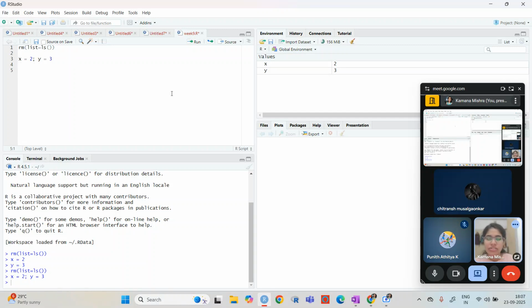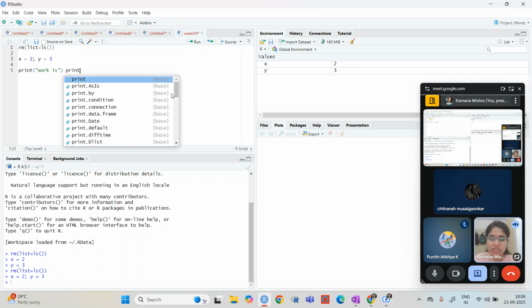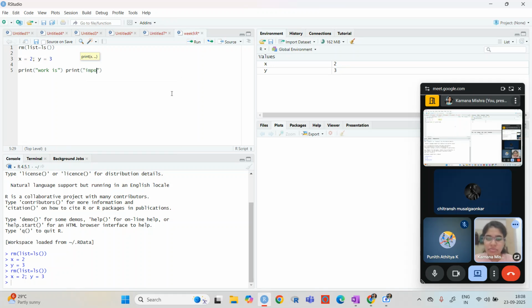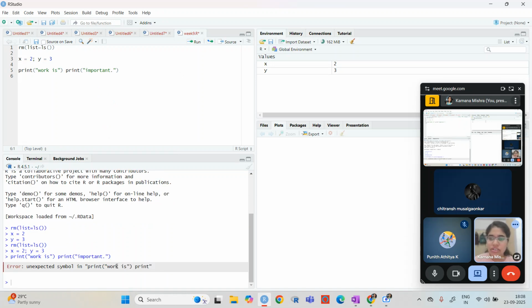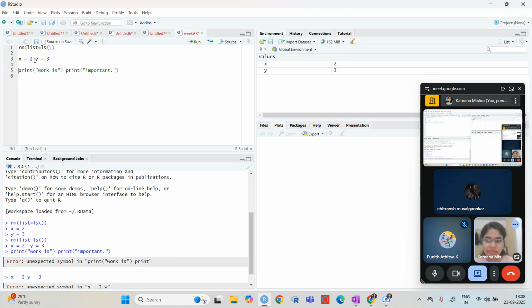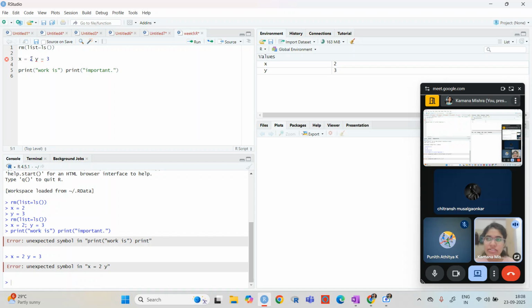If I want to print, let's say, "work is" and then "important", with a space in between, and I write it like this, you get an unexpected symbol error.